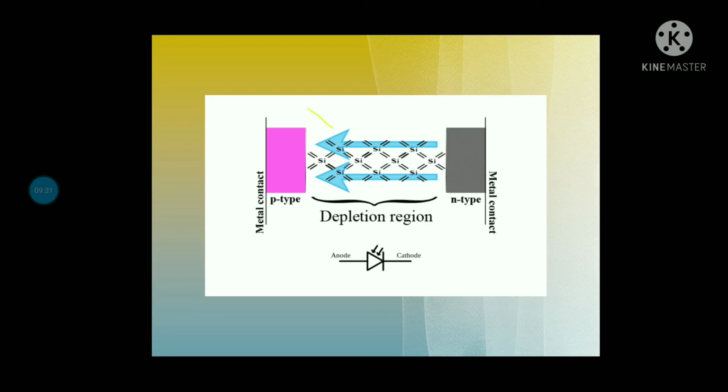As you can see in the image, the formation of electrons and holes is carried out, and holes move towards the P type, whereas electrons move towards the N type. So this extraction and separation of the holes and electrons generated between the P type and N type is called the depletion region.